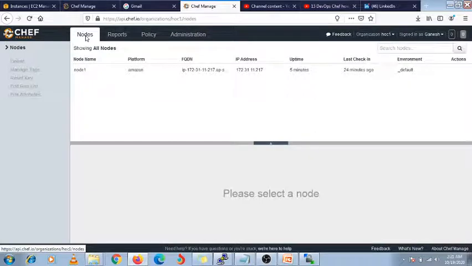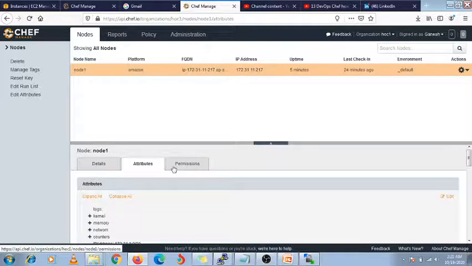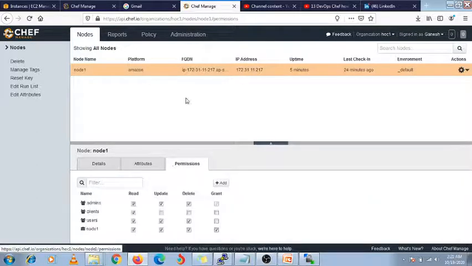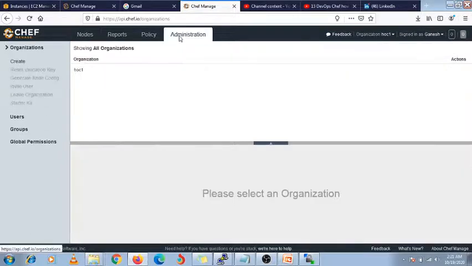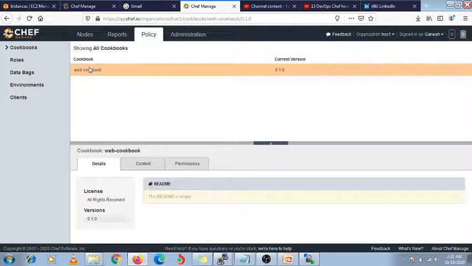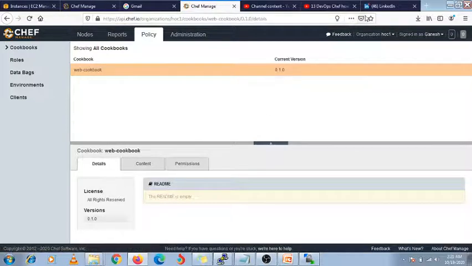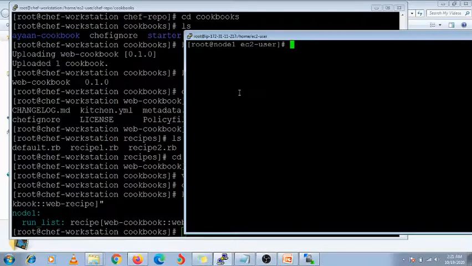This is my node, attribute, permissions, administrator, group, cookbook, content.